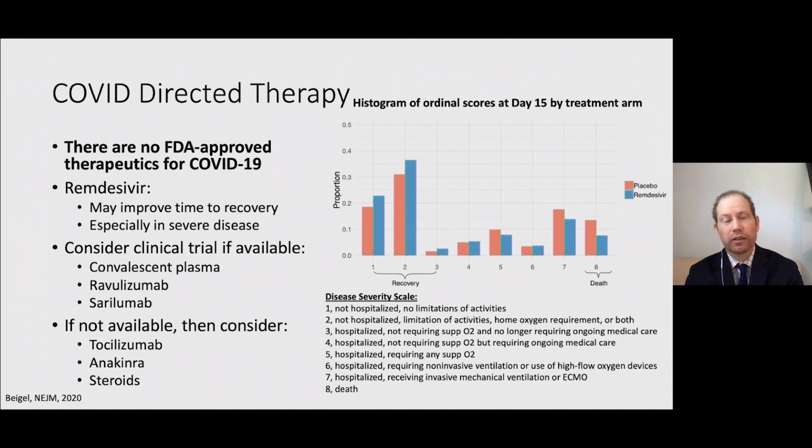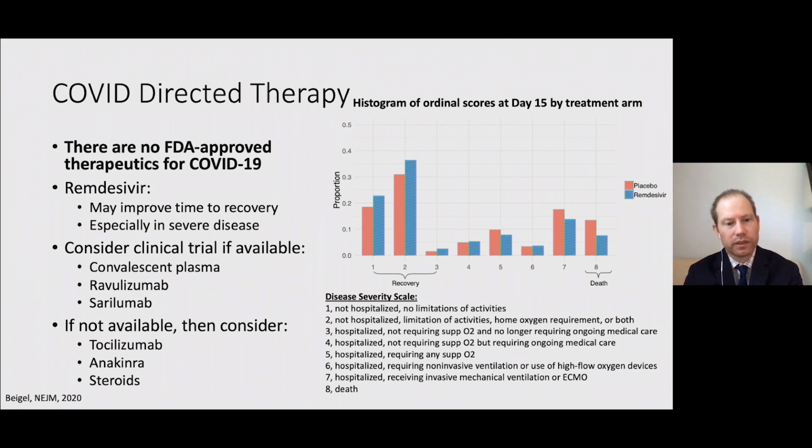The remdesivir trial is an example of a trial that needs to be interpreted with caution. When the remdesivir trial was originally published, there were some issues with the statistical analysis relating to how censoring was looked at and the inclusion of death as censoring, which do limit the interpretation of the study to some extent. That said, I do think that it should be used in the ICU, and I do think there are data that suggest that it is beneficial, but I think it is an example of where we need to proceed potentially with caution with other studies as they come out.